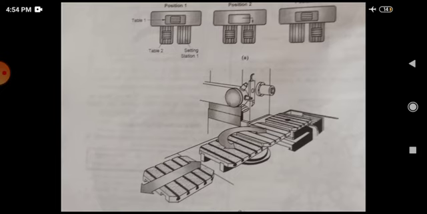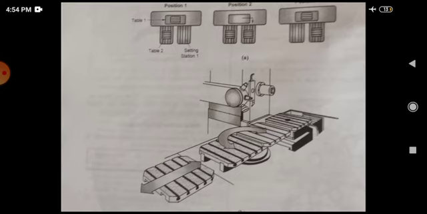Next one is coolant system. In NC CNC machines, the machining operation generates heat during metal removal. This heat may damage the tool or the workpiece. In order to avoid this, there should be a proper coolant system operated continuously with the help of coolant pumps. In NC CNC machines, there are two types of cooling: mist and fluid. As the name suggests, mist cooling is just like sprinkling powder, and fluid cooling is what? Overflowing or flowing liquid coolant is fed to the machining point.